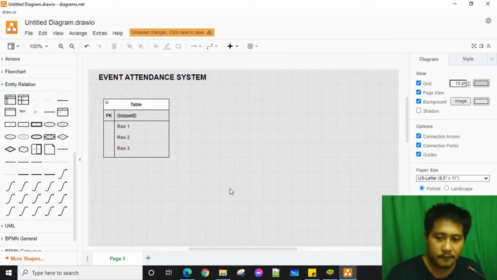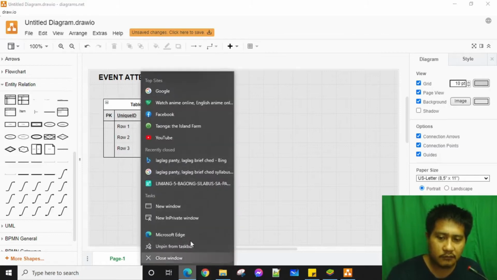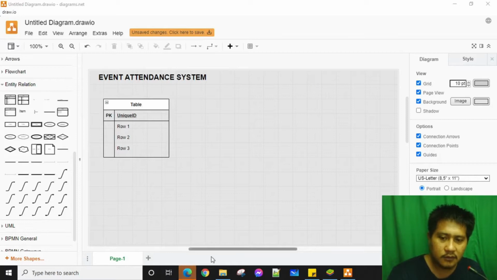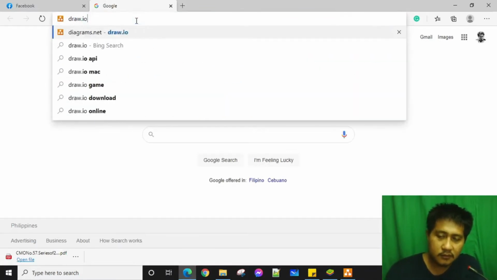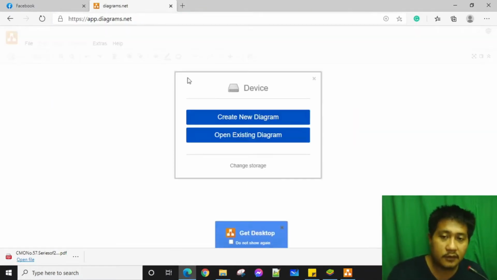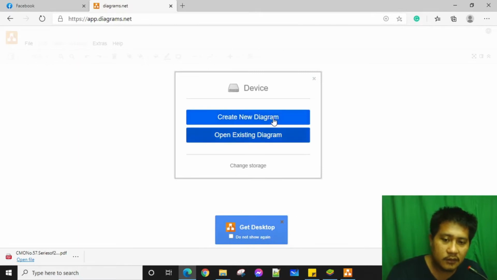You can visit this site. Okay, this one. But after visiting the link draw.io, it will redirect you into app.diagrams.net, as you can see, and then